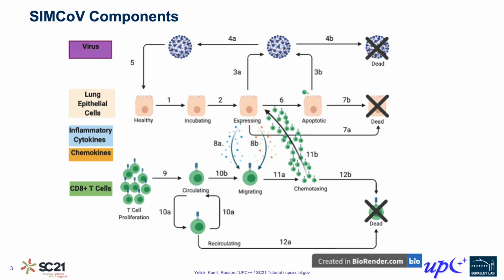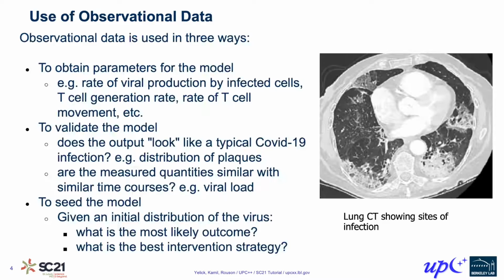For example, a healthy cell that is infected transitions into one that's incubating the virus, into expressing the virus, and then being triggered by a T cell to become apoptotic, which is a form of programmed cell death that prevents the cell from producing any more virus. Without reading through all of the details of this, you can see a complicated control pattern and how this computation behaves depending on whether there's a virus in that particular region of the lung and where the T cells are in terms of attacking the virus in the cells and so on.